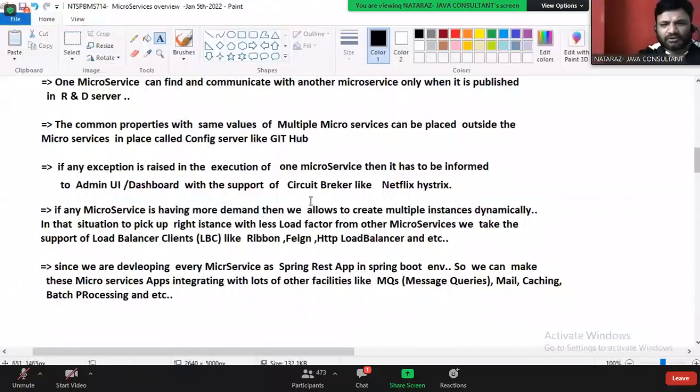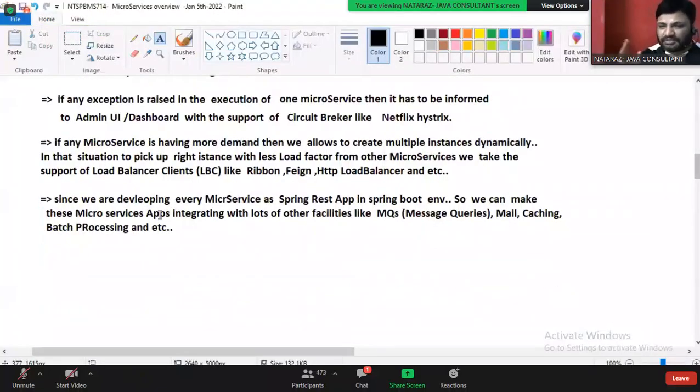Right, boss. So that means don't think that Spring REST means Spring REST only. If you want, you can use other facilities that are there in Spring. While developing each microservice, you are not going to lose anything. If you want, you can use various services. Whatever facilities you enjoyed in Spring, the same facilities can be enjoyed while developing microservices. Whatever services you enjoyed while developing Spring REST applications, those Spring facilities can also be integrated here. That's what I'm trying to say, guys.